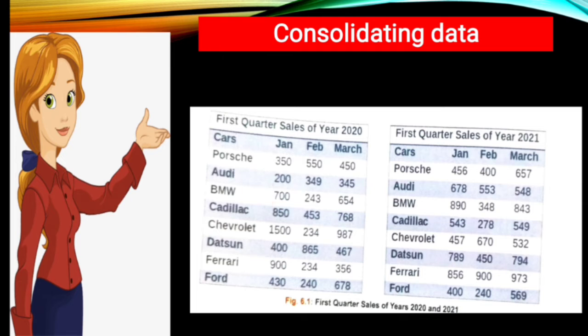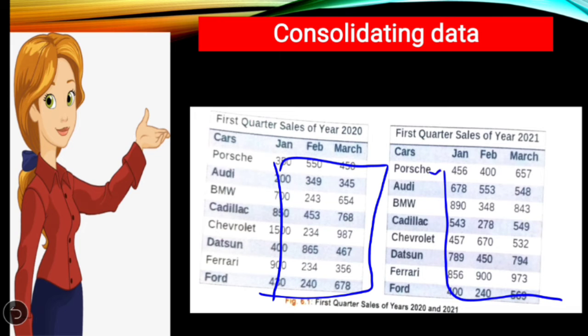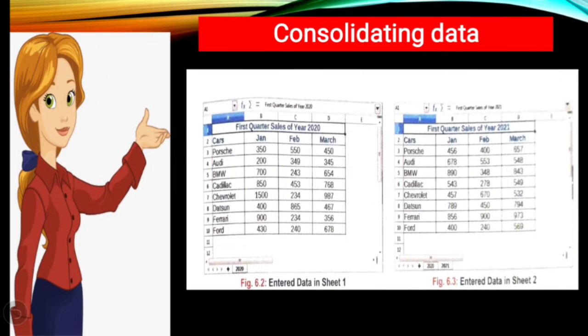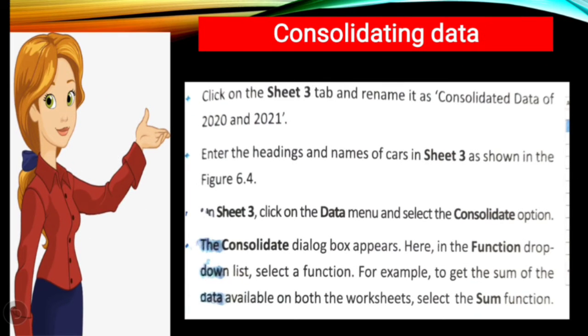And there are different ranges. So firstly, if you want to select that option, then if you want to add, select this list, and this list, to add to consolidate. We make these lists in Excel, that is our address box, that is our formula box, and that is our entry of data. Next is click on the third sheet.